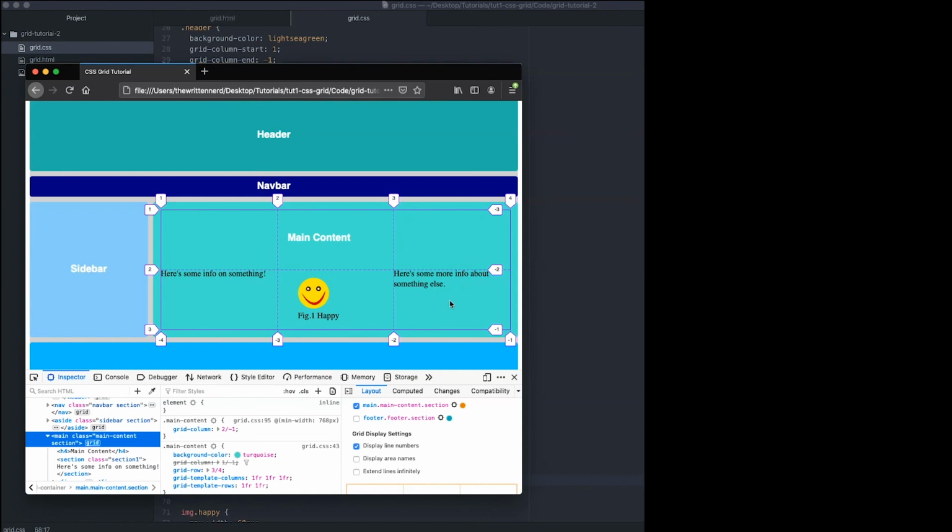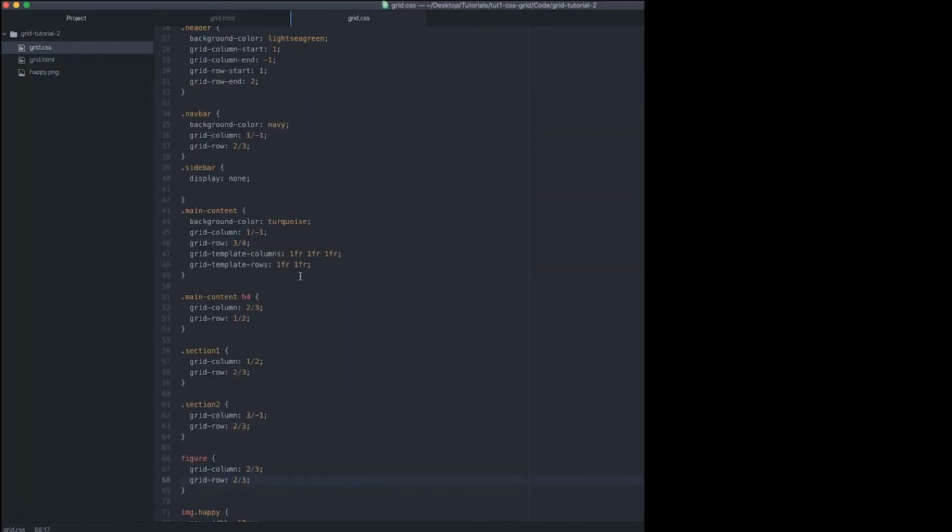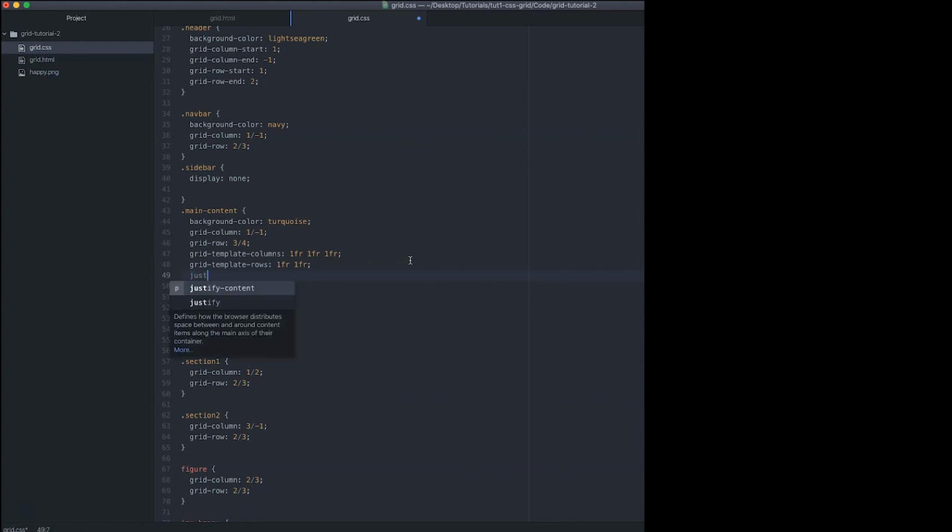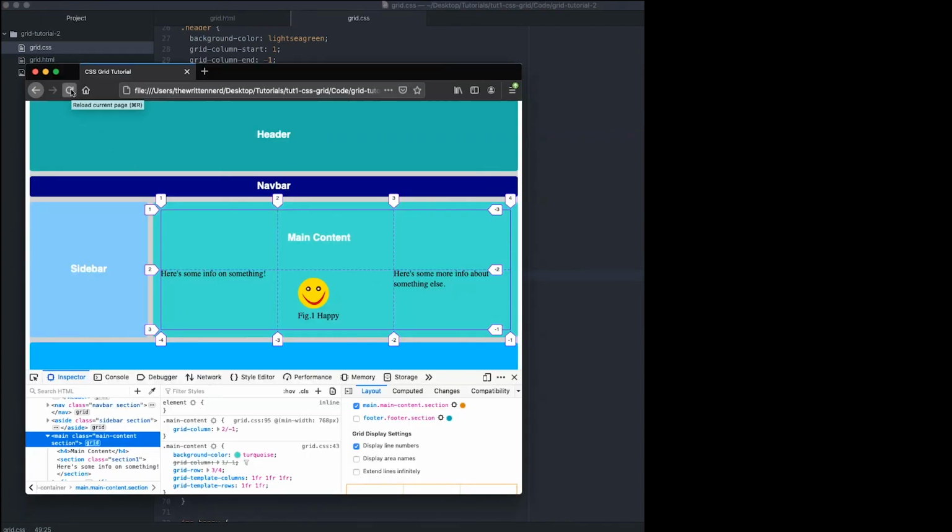Now the only thing left to do is to center all of those elements in their respective rows and columns. Right, so we'll just switch back over to the CSS and we will apply a rule to the main content div. So on the main content grid container, if we write justify items center, that'll center the children vertically. So we'll switch over to Firefox and we'll just refresh the page, and there you can see it's centered those